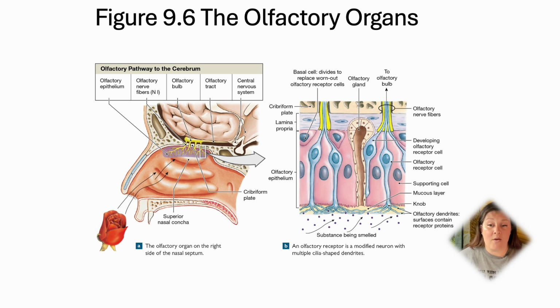Olfactory nerve number one: the fibers of olfactory nerve number one pass through the cribriform plate of the cranial vault, and they land in the olfactory bulb. From the olfactory bulb, they travel through the olfactory tract to the central nervous system, to the area of olfaction,